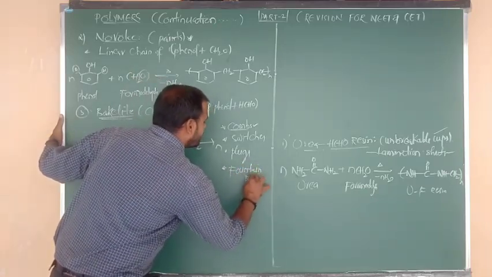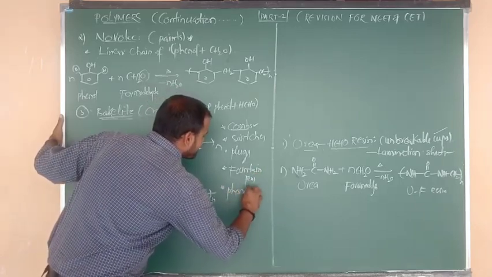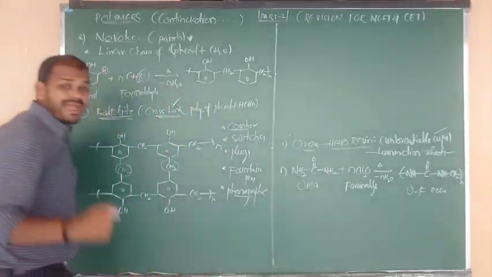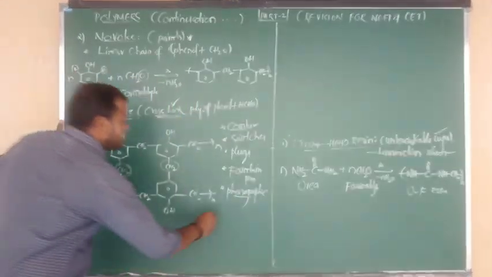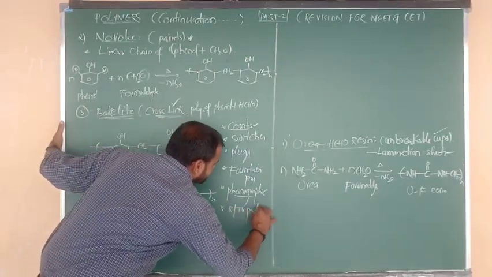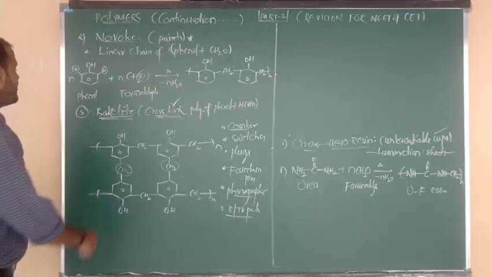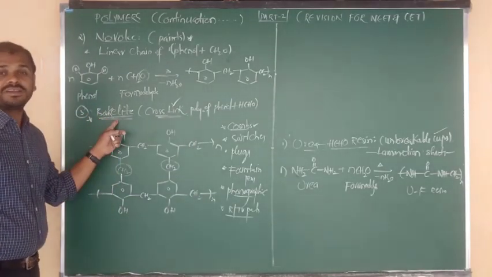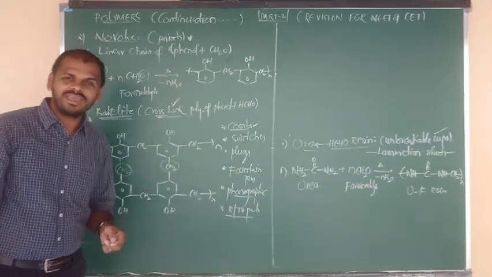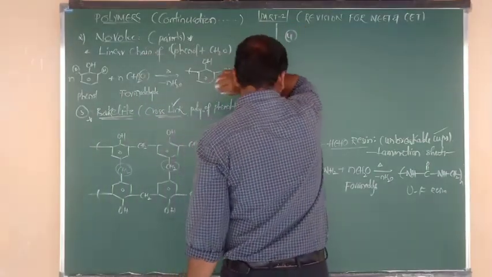Yes, and also we have to say that these are used in making fountain pens. A question repeated, beta. And very important, these are used in phonographic records, nothing but magnetic tape records. Yes, and also these are used in radio and TV pods. So all these are nothing but the uses of bakelite. Very, very important, because it contains more toughness due to the presence of more number of cross links.